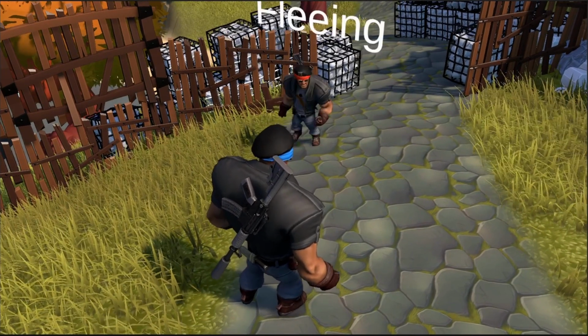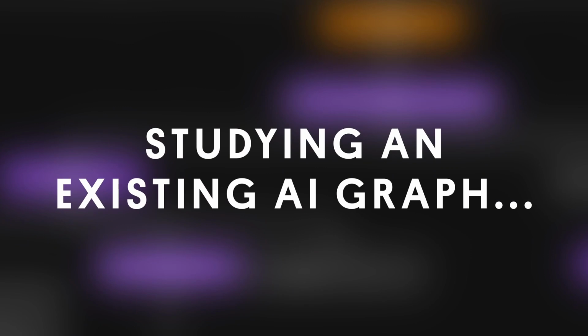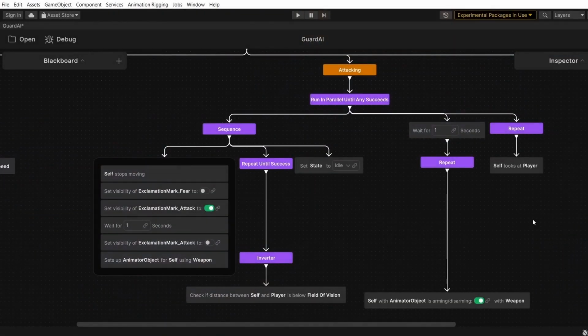Now, with our idle logic ready, let's move on to the attacking state behavior. For the attacking logic of our guard, we won't do a step-by-step study of how to create, link, and fill in the nodes, because it is mostly equivalent to what we have already done. Rather, let's have a look at the pre-implemented logic and take this opportunity to talk about a few extra interesting